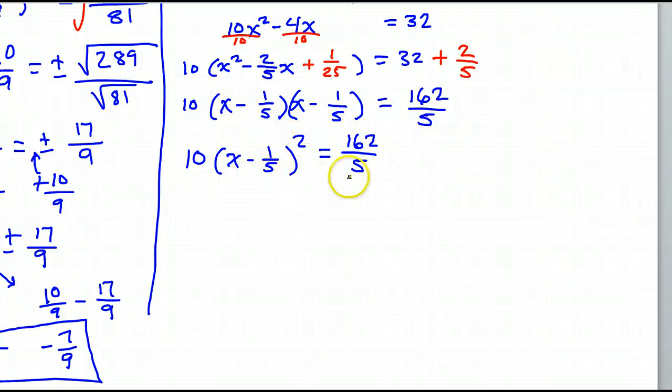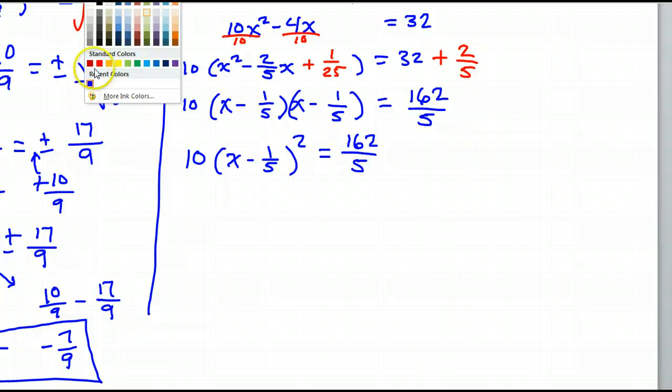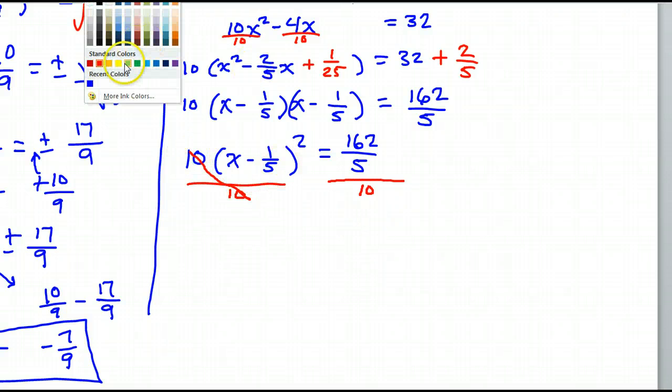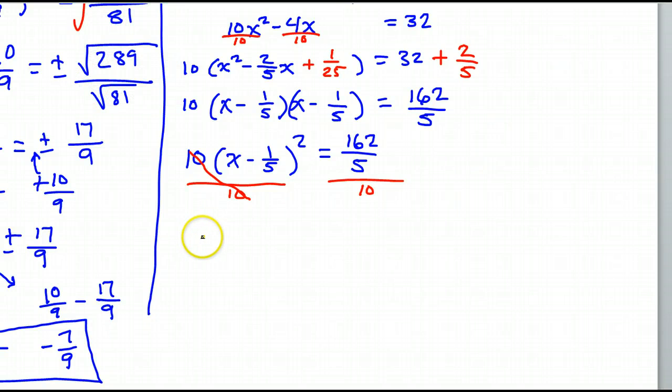Alright, so anyway, we've got this. So you just have to solve this for x. The next move would be to divide both sides by 10. I'm dividing by 10, I'm dividing by 10, because that way those 10s will cancel each other out. And that is going to leave me with (x minus 1/5) squared is equal to,